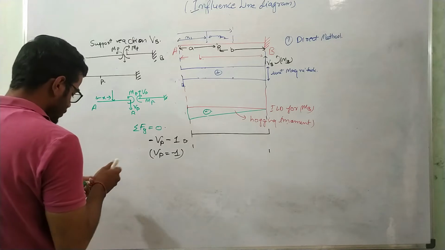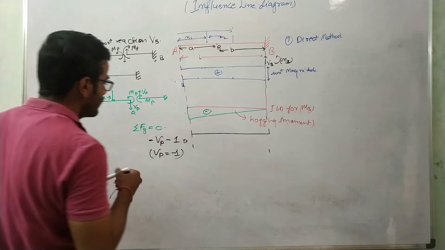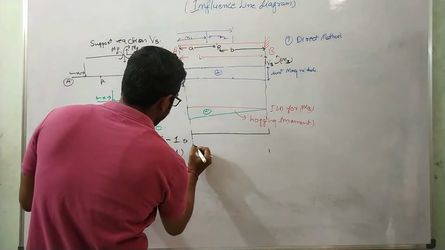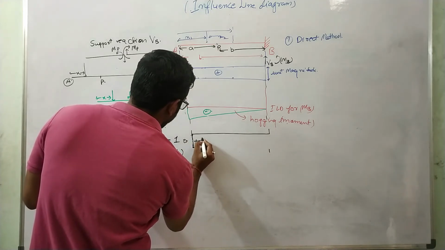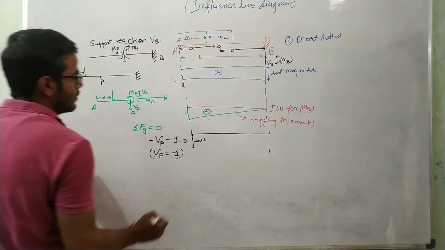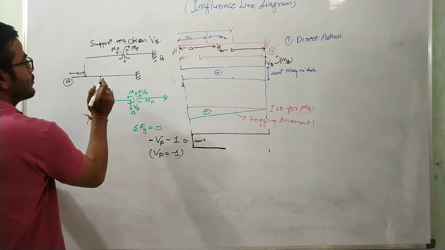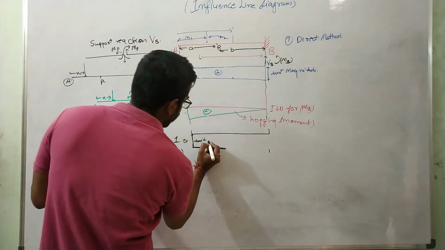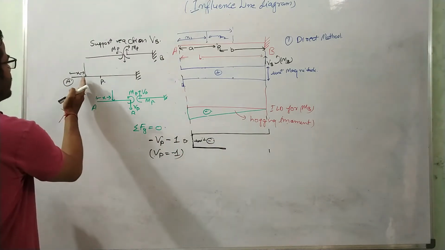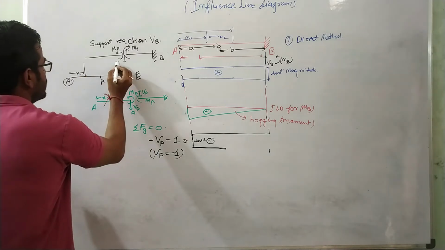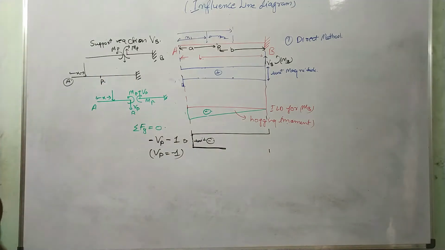So when the unit load is acting at a distance of x, the shear force diagram is starting from here, and the value is unit magnitude. When x equals a, still the value will be negative shear force. Now let us suppose this load just shifted, acting at the right of point P. Let us draw the ILD for that.